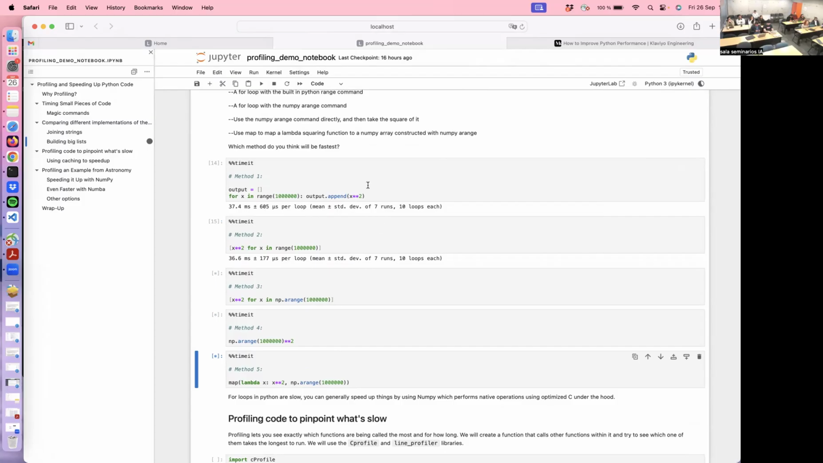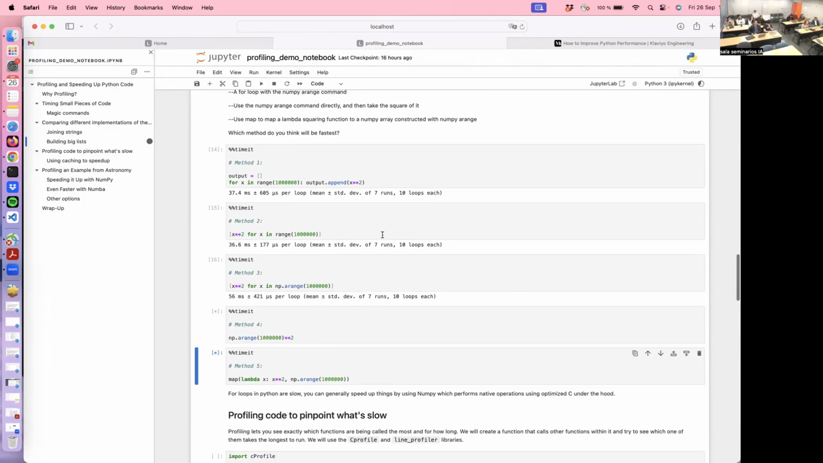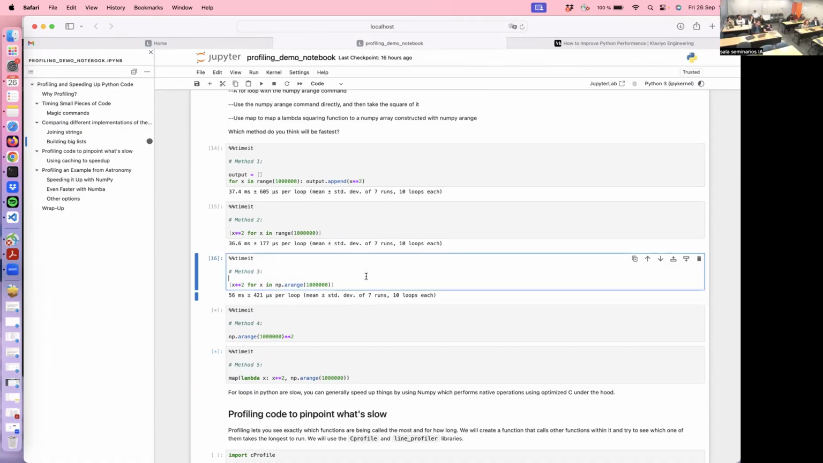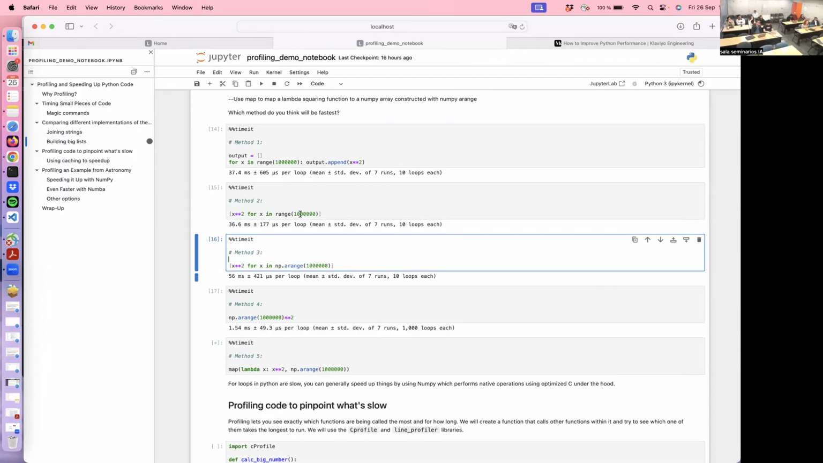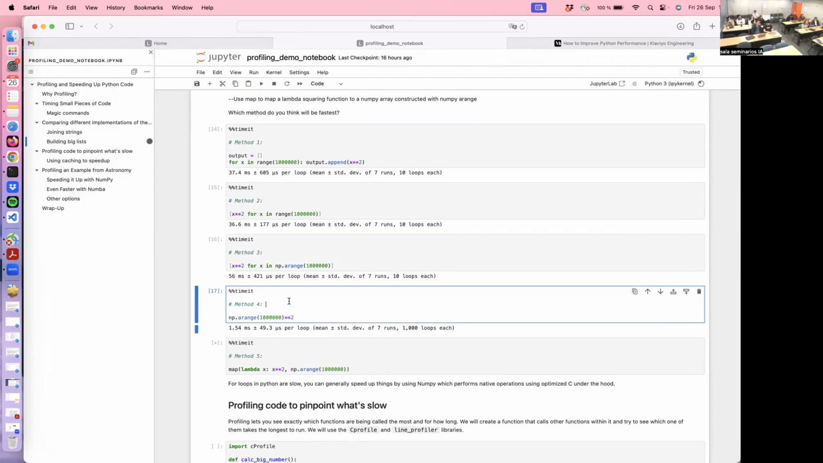So the first two are pretty much the same. Then we have this list comprehension that's a little more expensive in time. I'm using iteration, so that's why it takes longer. So it took longer to run, but actually per run, it's